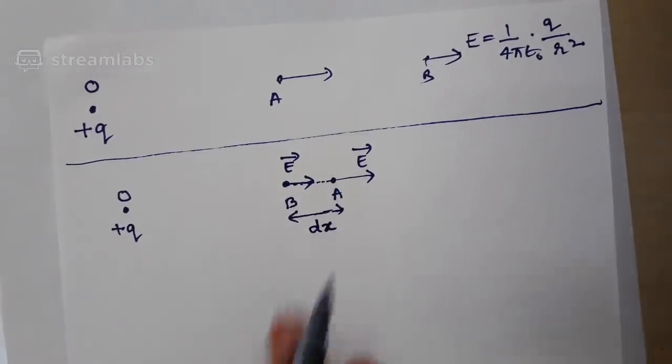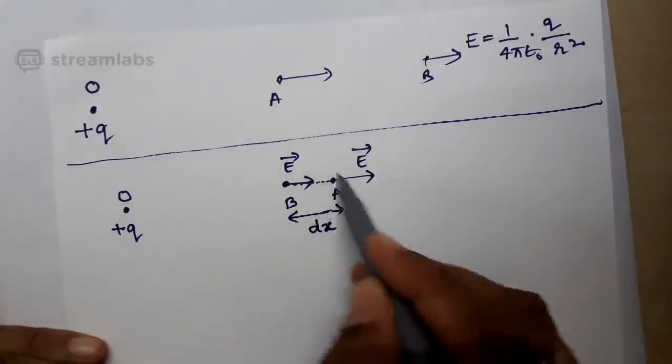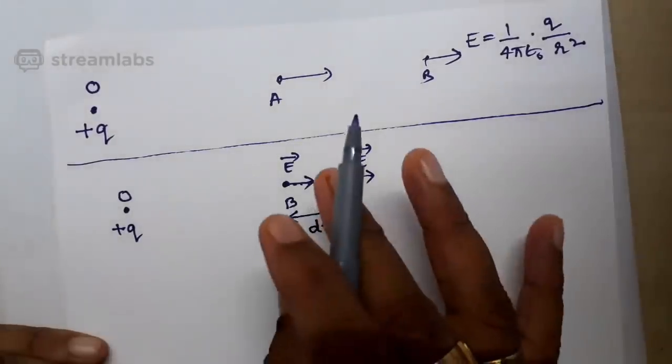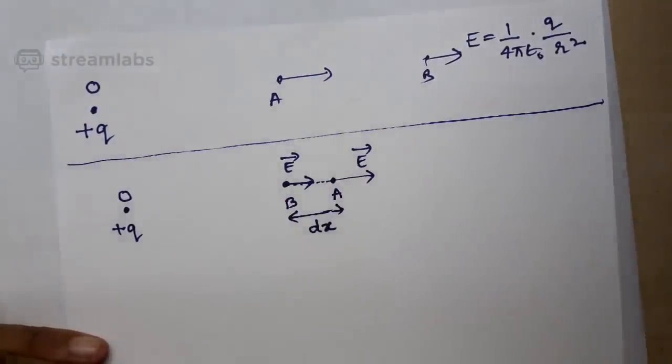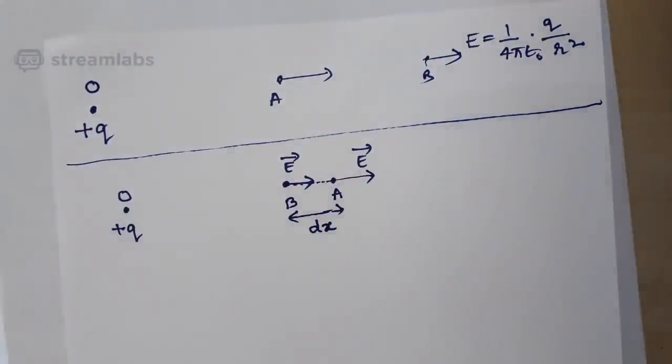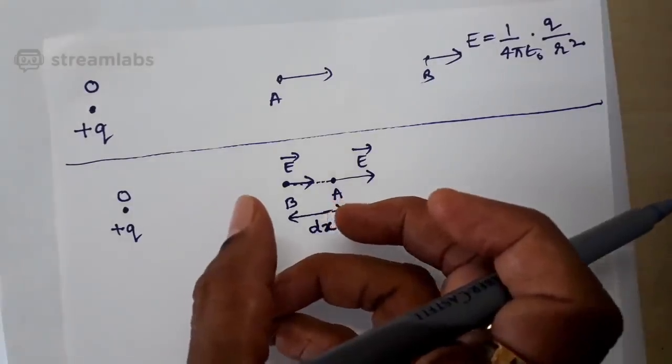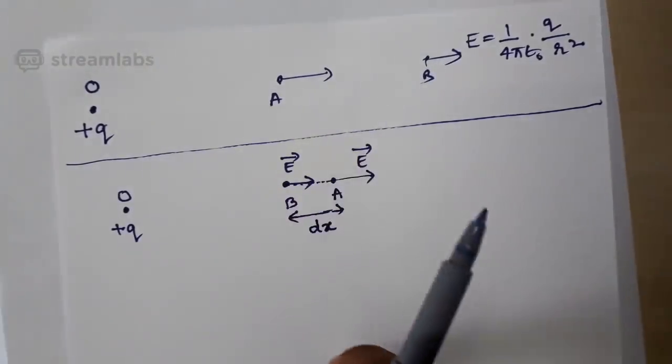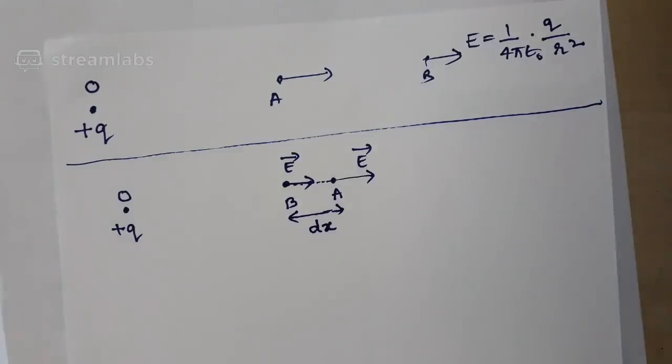Directions are already the same, and since A and B are very close to each other, the separation between A and B is so small that the plus 1 coulomb assumed at A or plus 1 coulomb assumed at B will experience nearly the same amount of electrostatic force by a plus Q charge. This gives a clear indication that in this region between A and B, the electric field is a uniform electric field. Of course, the entire electric field due to a plus Q charge is obviously non-uniform. But in that non-uniform electric field, I selected two close points in such a way that in that region the electric field can be uniform.